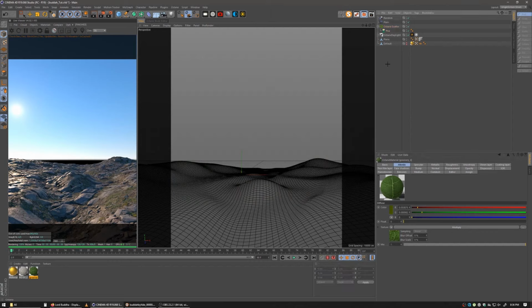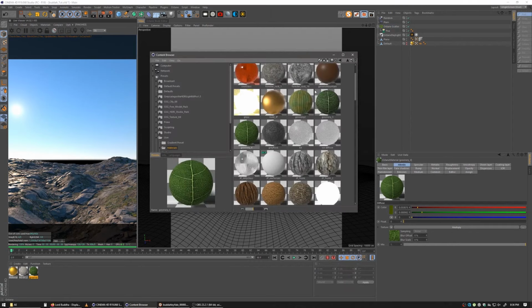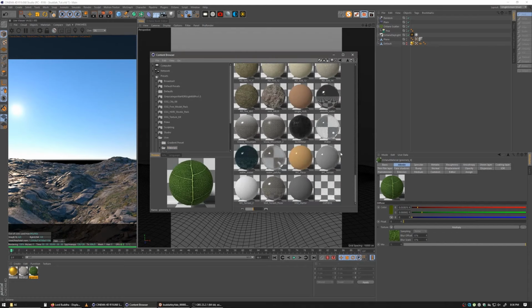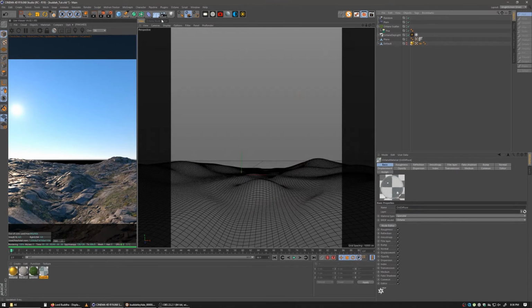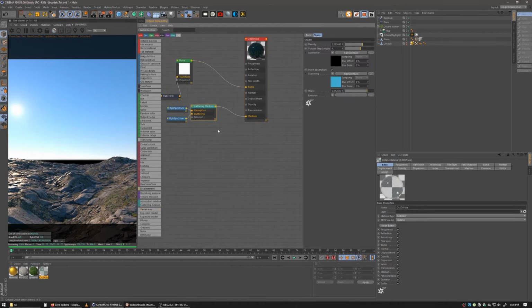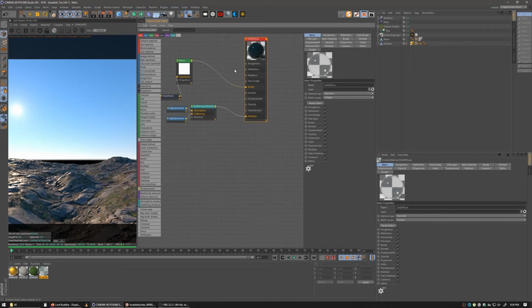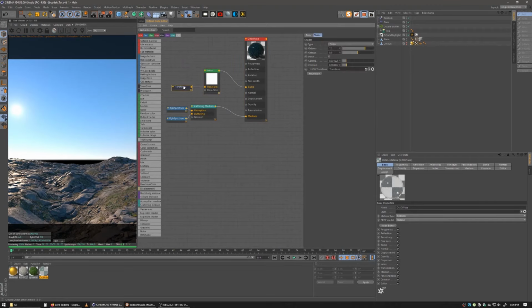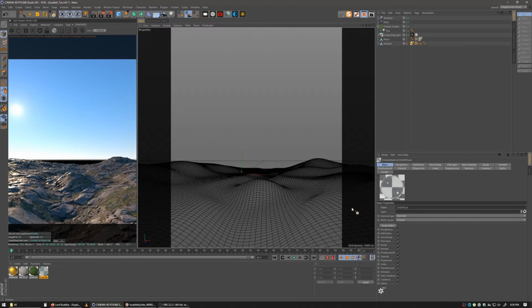And you know what, before I do this, I'm also going to bring in a preset I have for a water texture, and I'll show you what that looks like here. It's very simple: a specular material with a noise and a scattering medium. And I'm going to bring in the water first, just so I can get an idea of where I want